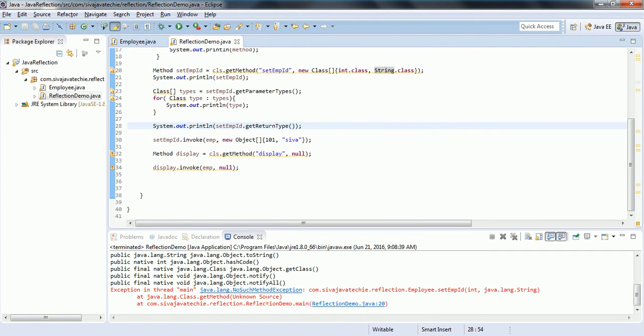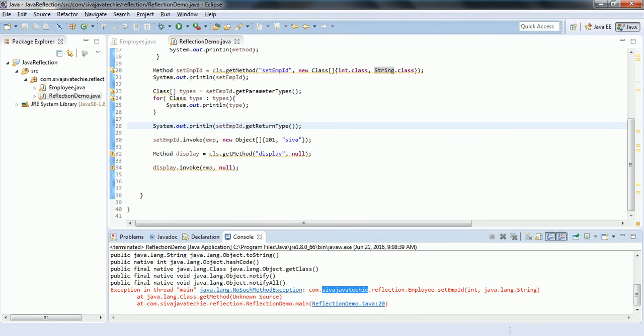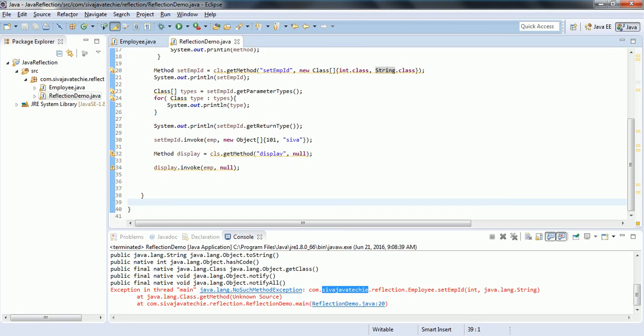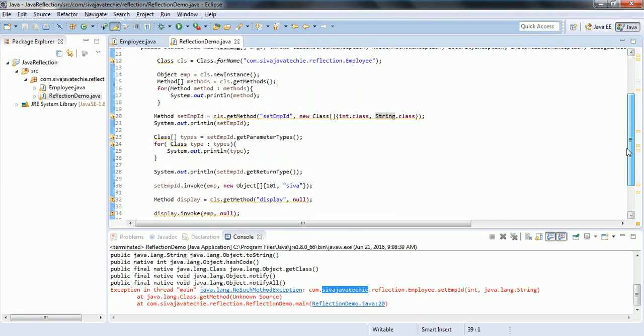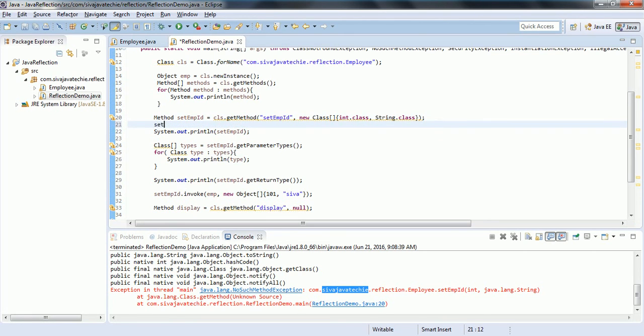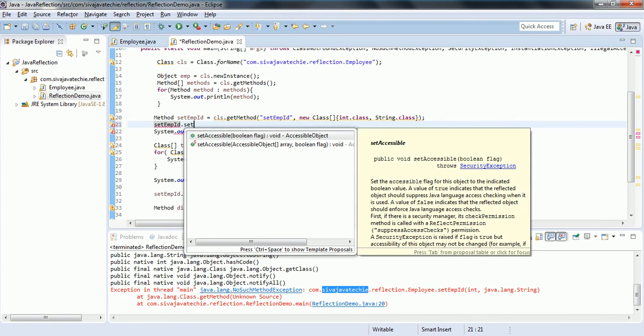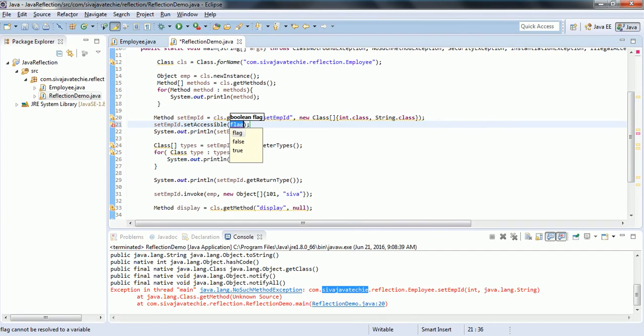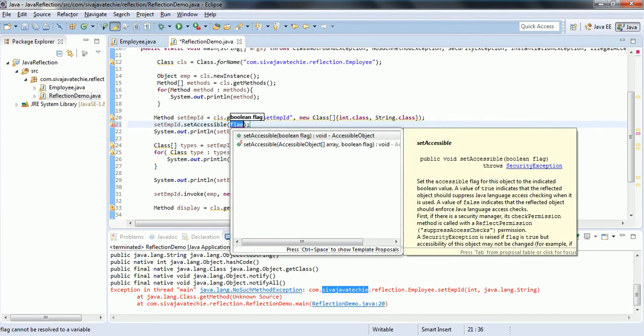You see here a java.lang.NoSuchMethodException, because we have marked that one with the private access specifier. So in order to do that, you get the method set employee ID dot setAccessible, setAccessible false.